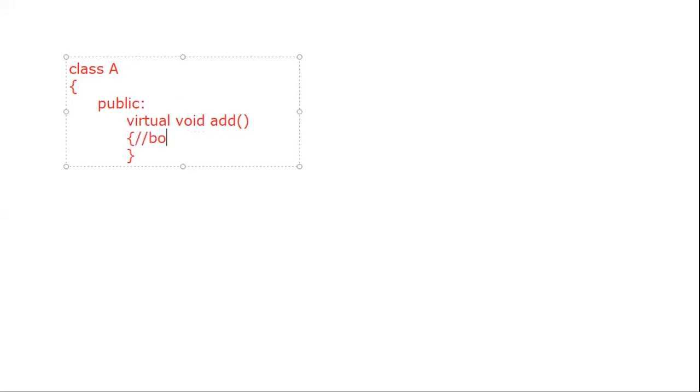Okay, let me show you a simple program. How are we going to define the virtual function program? Using the keyword virtual. So in that case, I will write class A. Then inside the public scope of that base class, we use virtual void add. This is the function which we are using as a virtual, this is the body of that function, and this is the end.